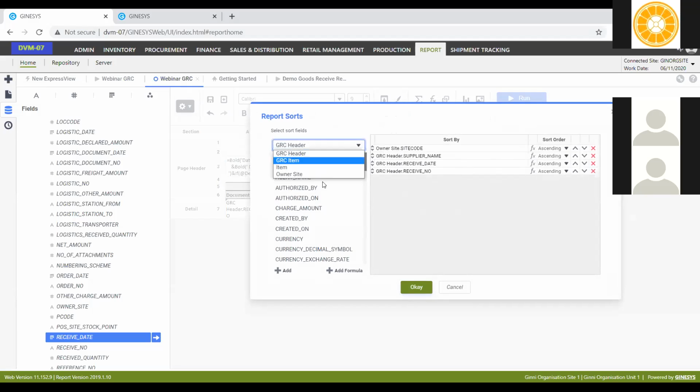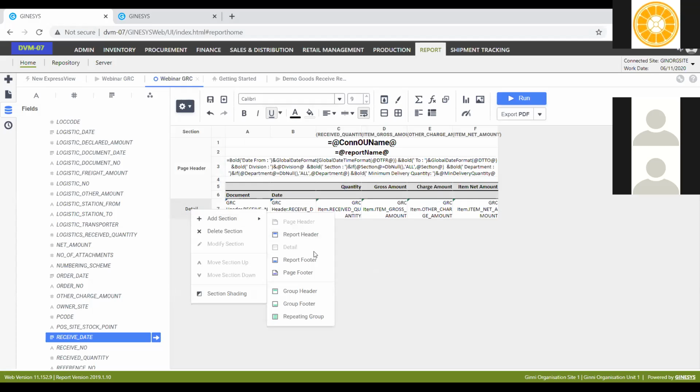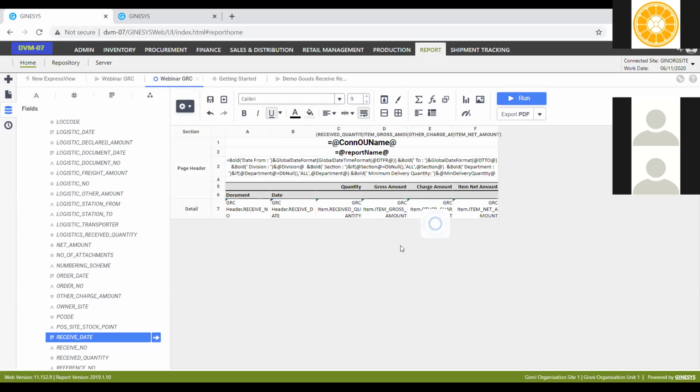Maybe after creating the report, we can go ahead and change the sort with, let's say, the article name, and add it at the bottom of the report. At the bottom of this, we can pull this up. Of course, it depends on what you need the design to be, right? So I'll cancel this. I will add the section as group header,